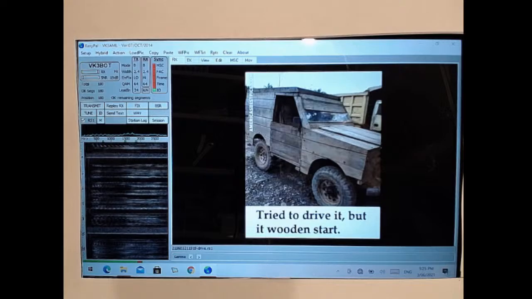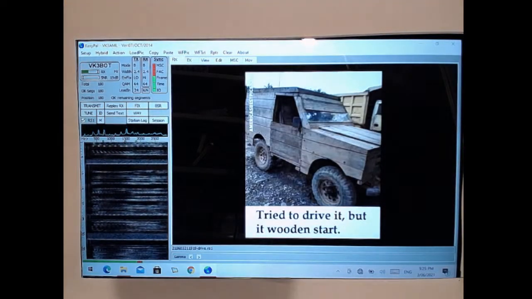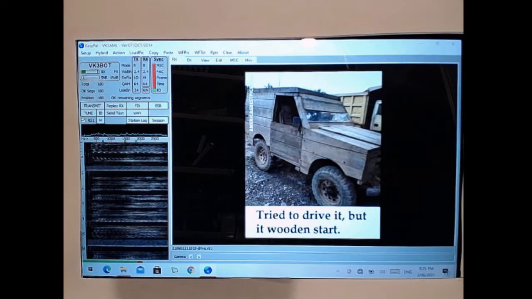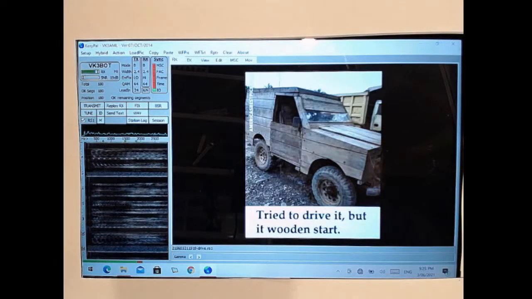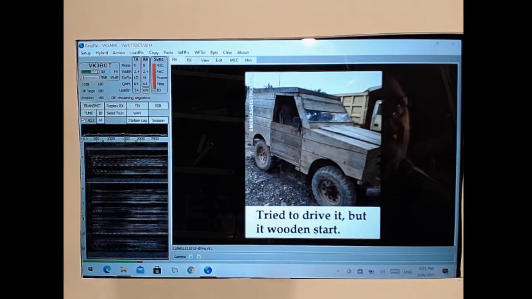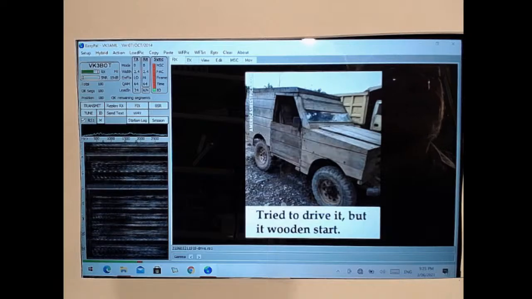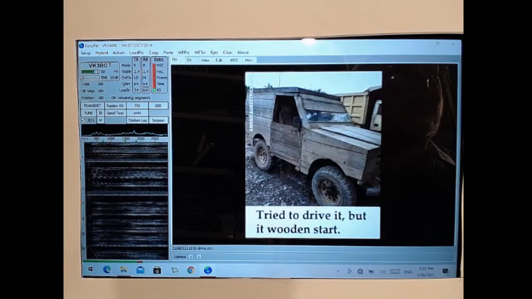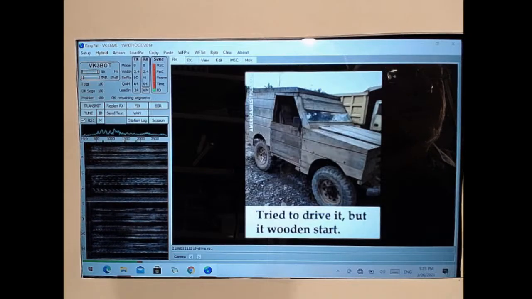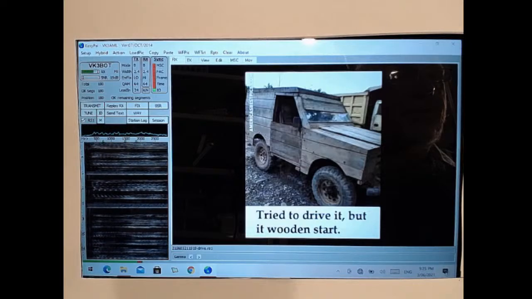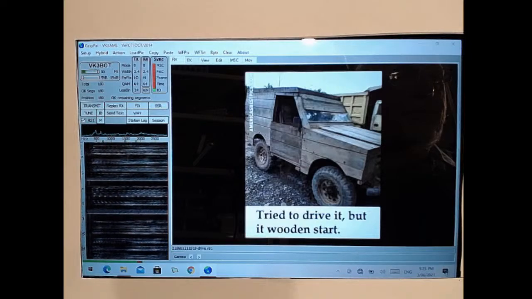Dear. Back to VK3BOT for comment. Well, if it's any consolation, my kids groan when I do a dad joke. They don't always appreciate it. But what is really interesting is that it dropped off at the end.